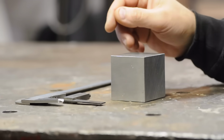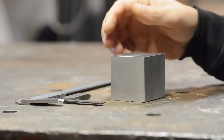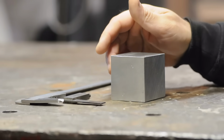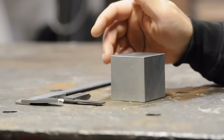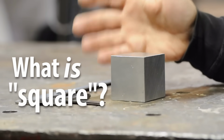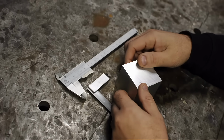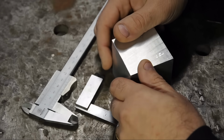Before we take this over to the mill, and I'll be squaring this in the mill, though what we'll be doing is applicable to any machine really. It's more a philosophy than a milling technique. Let's talk about what square means. What is square? And does it also imply being flat? Does square perhaps mean being perpendicular? Yes, it does. It's literally the definition of...